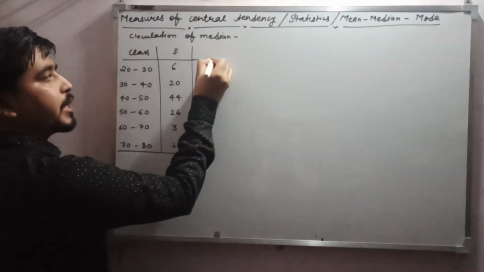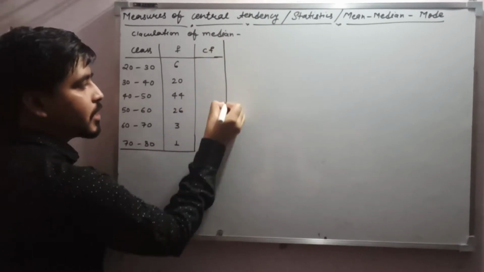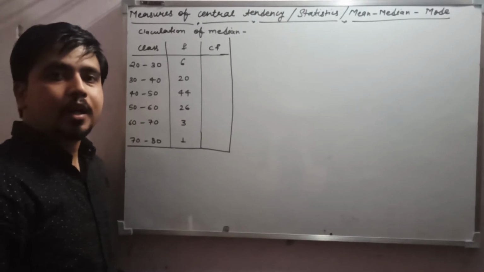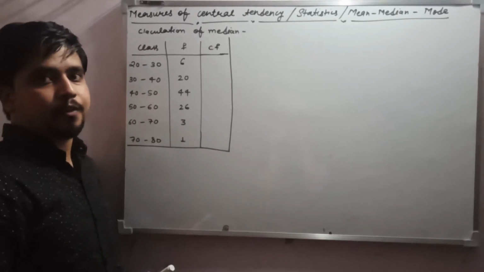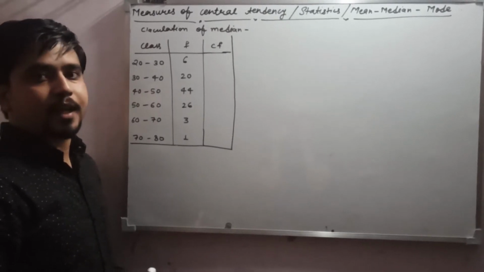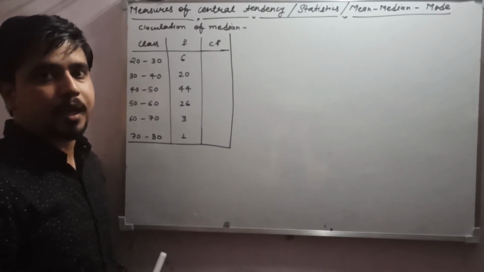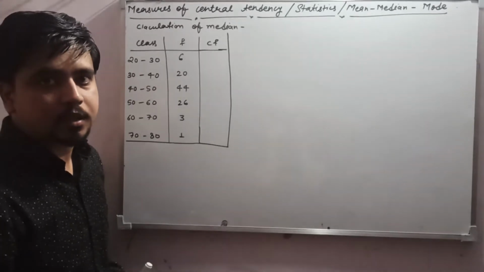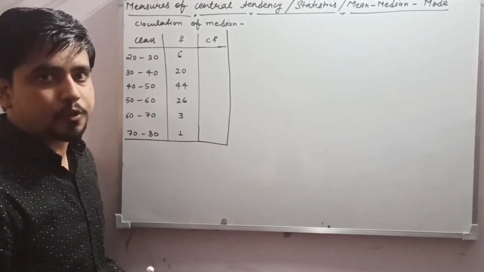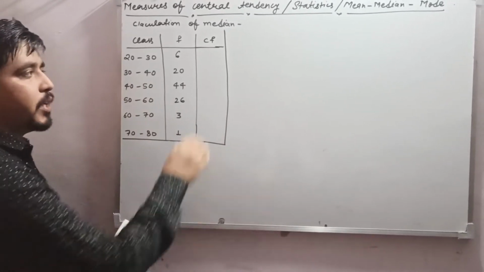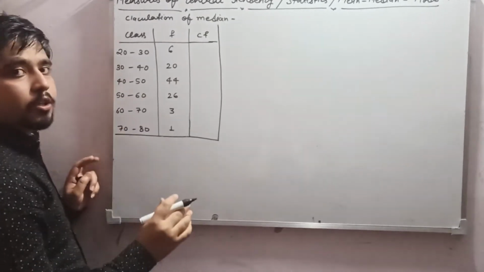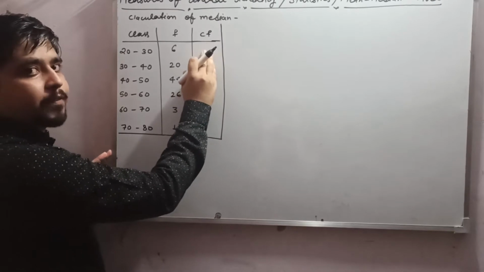CF means cumulative frequency. First, what is the meaning of cumulative frequency? Cumulative frequency means the arranged order in increasing form of any data. When you get your marks in the final examination, the whole year's marks are already added in those marks. It means the cumulative marks you will get, or cumulative attendance also. According to that format, we are using cumulative frequency. So see how we will calculate the cumulative frequency.